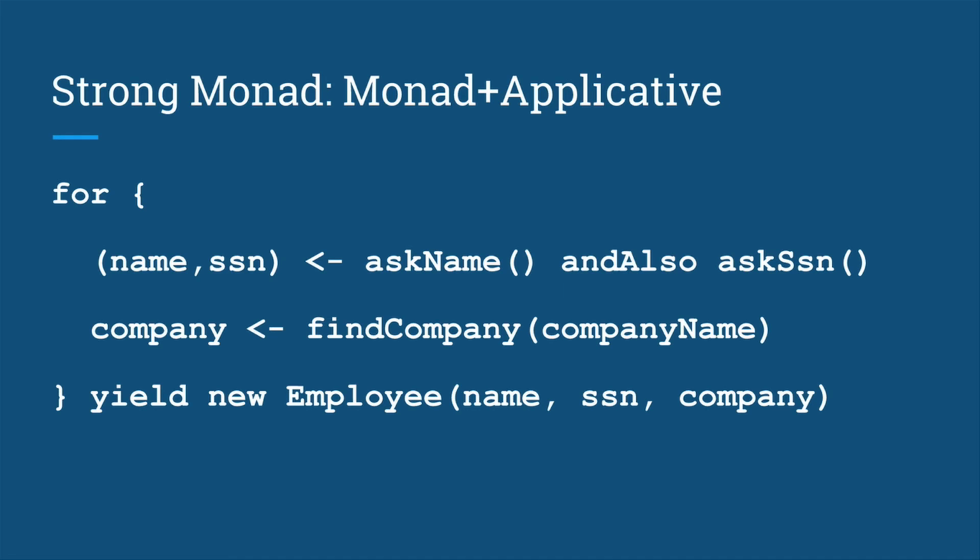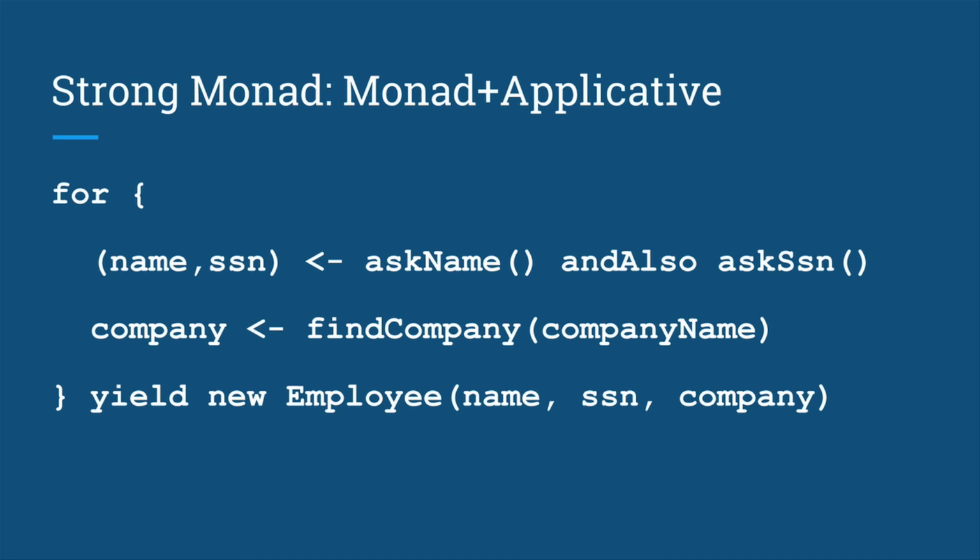Why can we do it? Because it's applicative. Because this monad, we built it strong. We have this operation also for the monad. Generally speaking, a monad doesn't have that. So in this case, we can write this kind of loop. And the whole loop is like this. We find the name, the SSN, then probably we find the company name. And we produce a new employee with this name, this SSN, and this company. What happens if we couldn't find a name? We'll return an error saying that, oh, couldn't find a name.